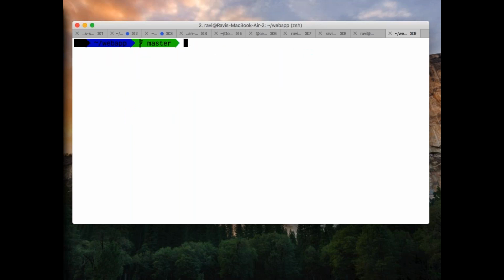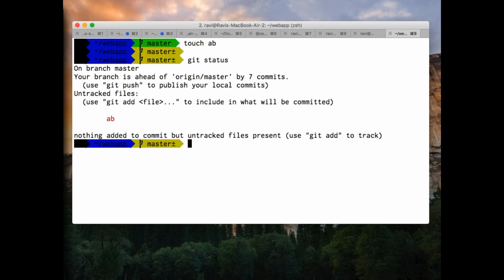Now let's say I created a file, right? So git add to get those files. Now let's say I want to undo from here. I just created a file called ab.